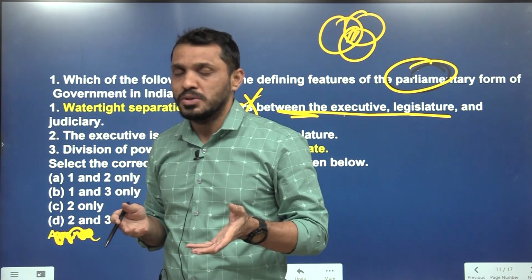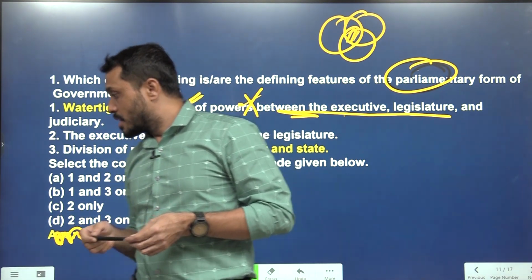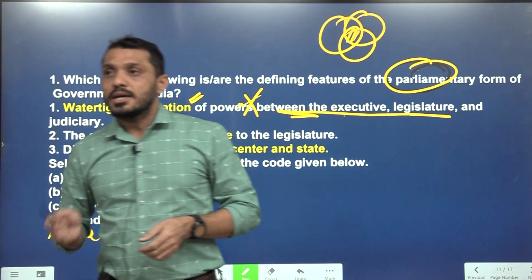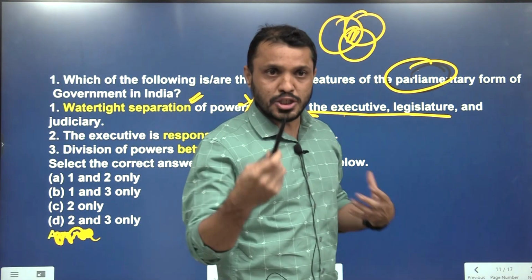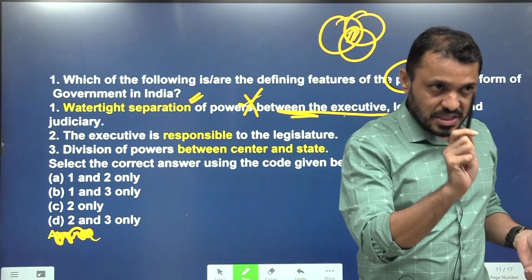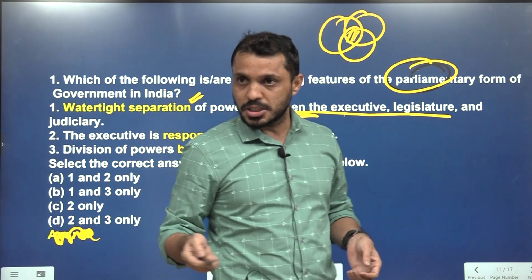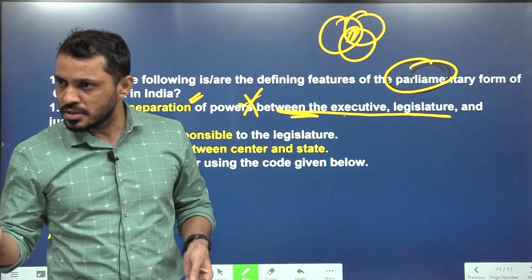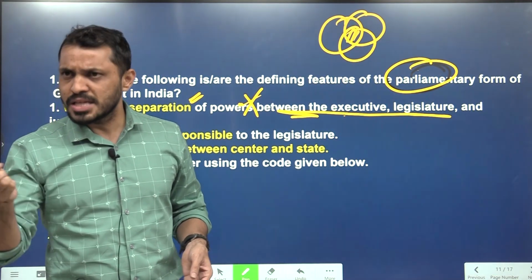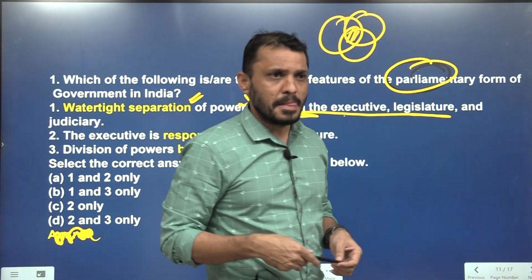Tell me, any one of you. You don't have any negative marking here. Online students also feel free to answer. Which article of the Indian Constitution, if I ask you, tell me one article which reflects that India is following the parliamentary form of government. Did you understand the question?